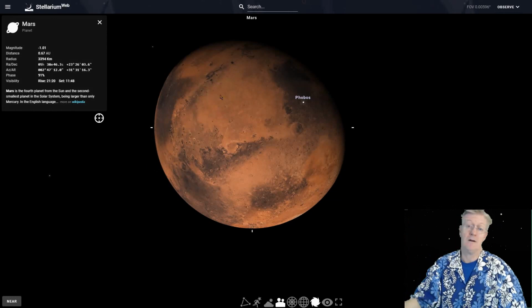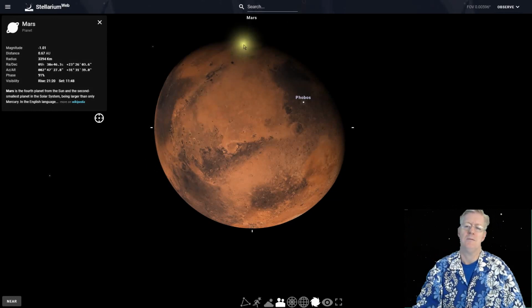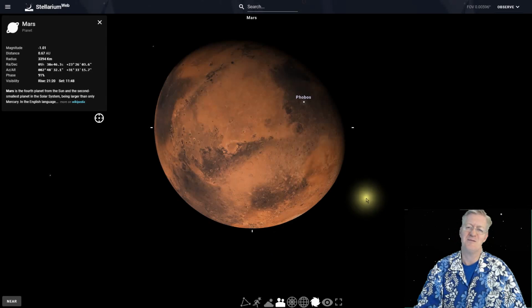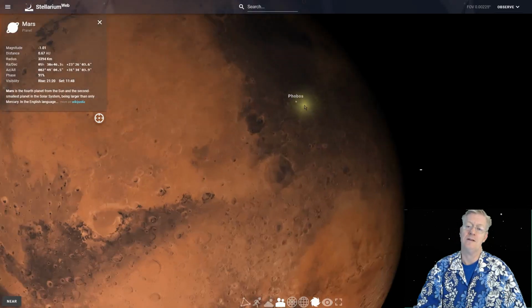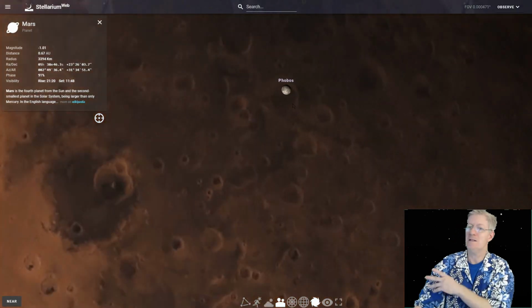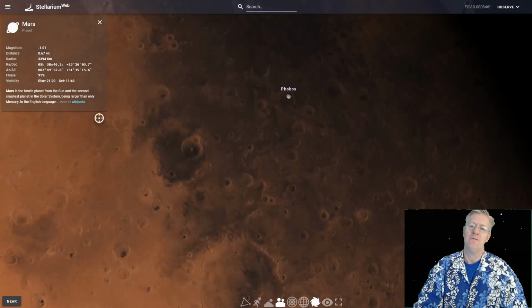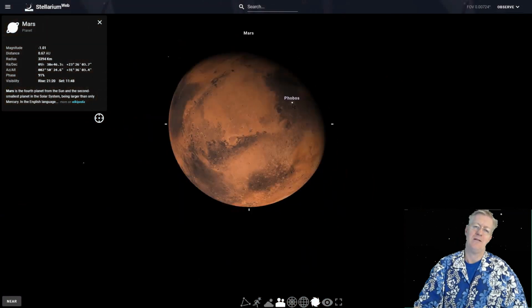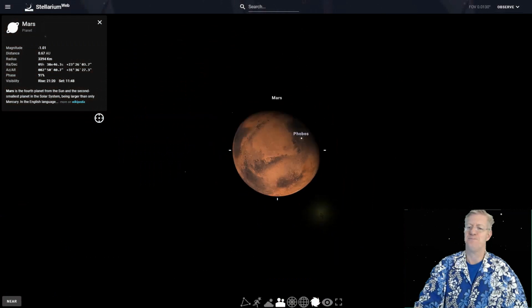Golden Plain up there. North is up, basically, and south is down in this map. So that is a beautiful shot of the planet Mars. And Phobos, look at that, Phobos is right there, and you can actually zoom in on Phobos, so a lot of detail there. If you had a very good telescope, you could actually be seeing all that, which is pretty amazing.